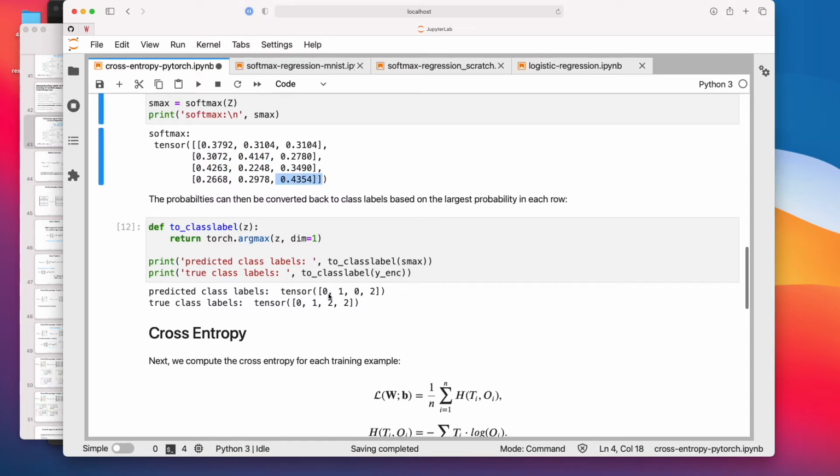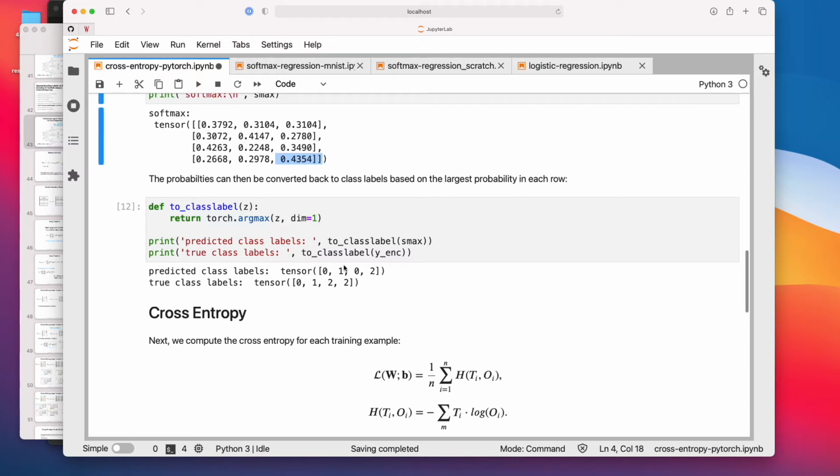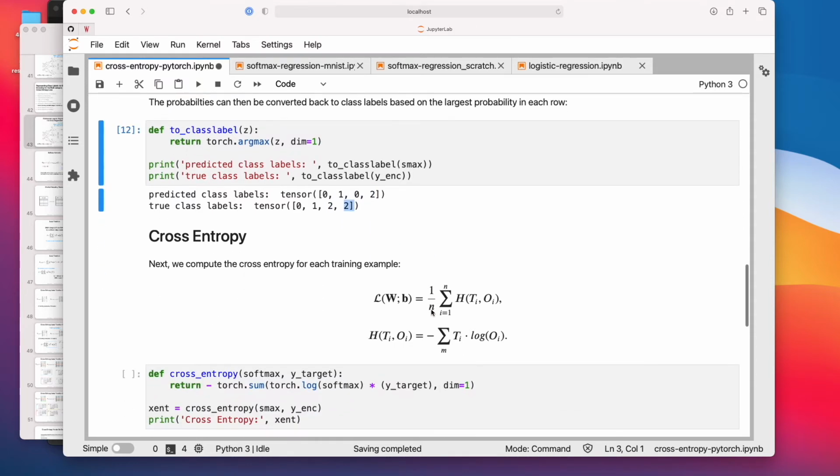And you can see there's one wrong prediction if we compare those, right? 0 and 0, this is correct. 1 and 1 is correct. Predicted class label 0, the true label is 2, this is incorrect. This one is correct. So we make one mistake actually. I did this on purpose to show you how this whole thing works, because if we wouldn't make a mistake, we would get a loss of 0, which would be kind of boring, I think.